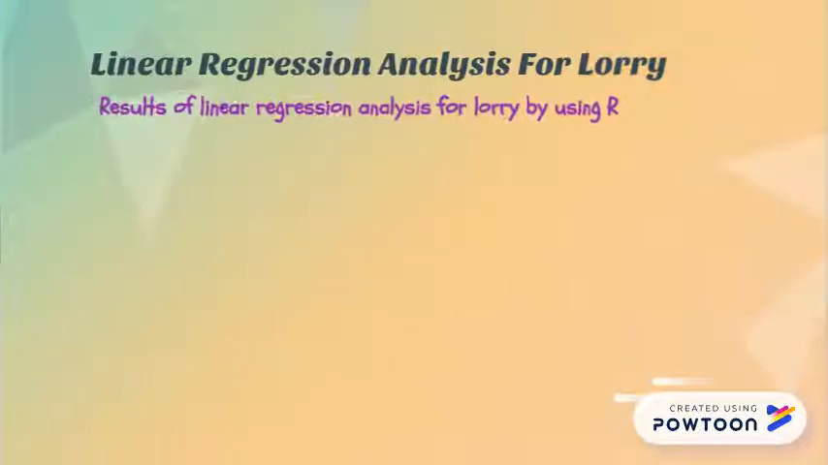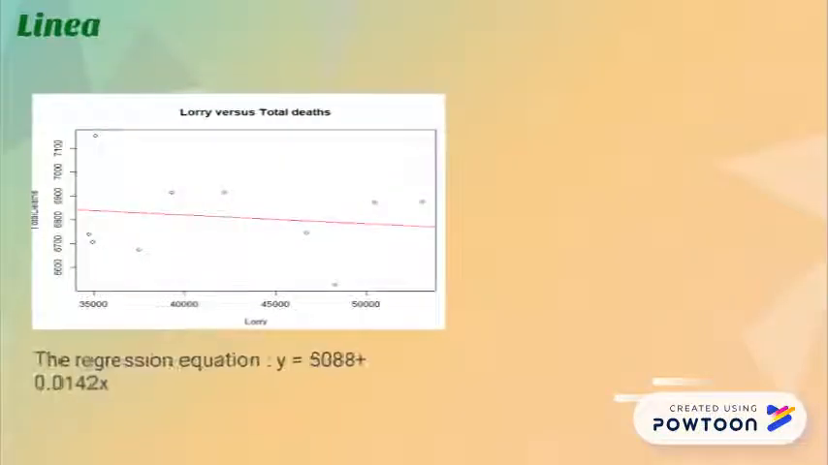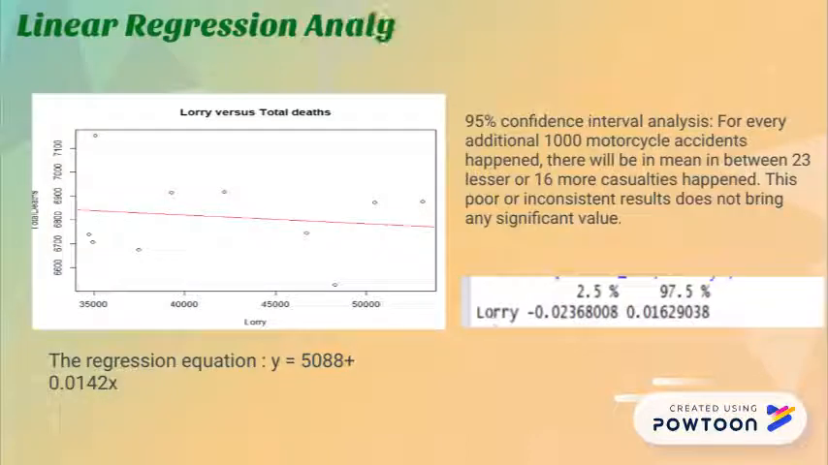Next we will continue the linear regression analysis for the lorry. From the result obtained from R we can see that the multiple R squared is 0.0222, adjusted R squared is minus 0.1, and the p-value obtained is 0.6811. The regression equation obtained is y equals 5088 plus